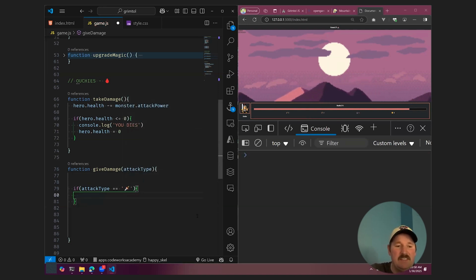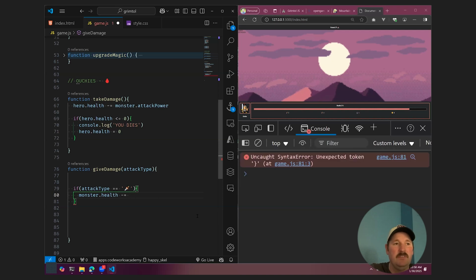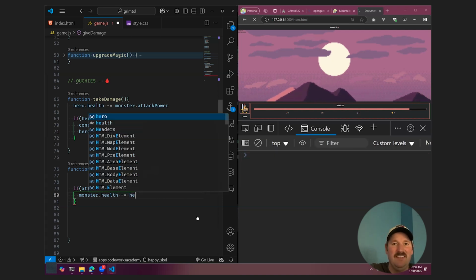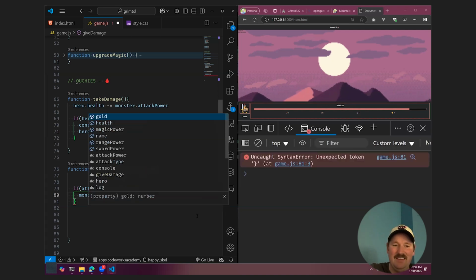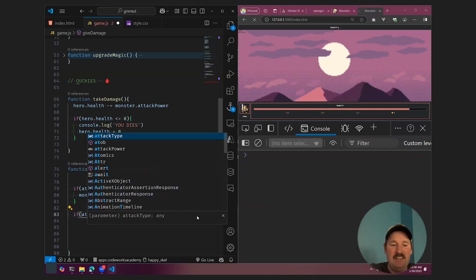If the attack type is this, then what do we want to do? So monster.health minus equals the, what's that? Has to be emoji is the argument. Yeah, I like it. I think it looks good. So we're going to minus the sword power. Does that make sense? And then here we could say if the attack type